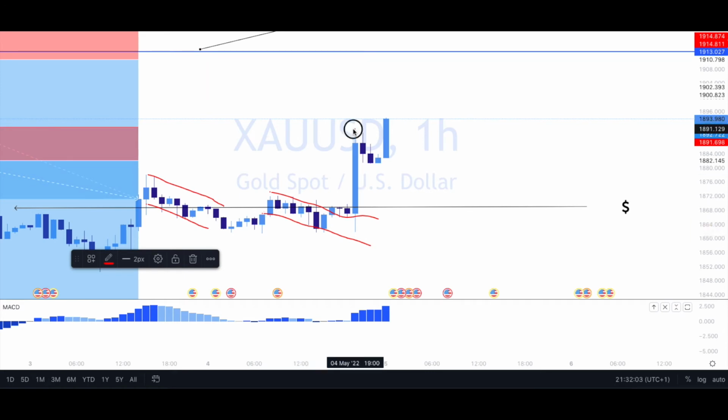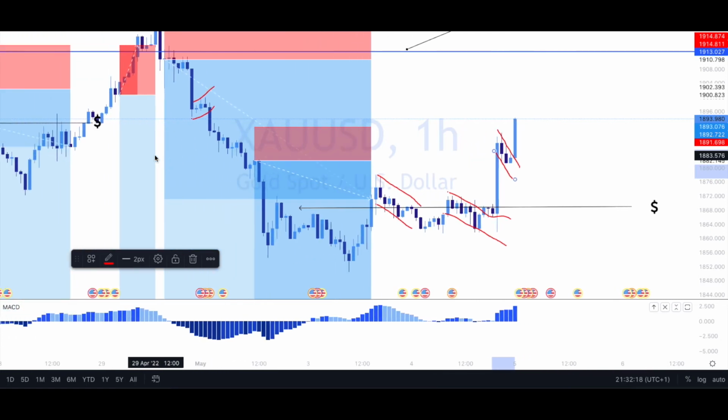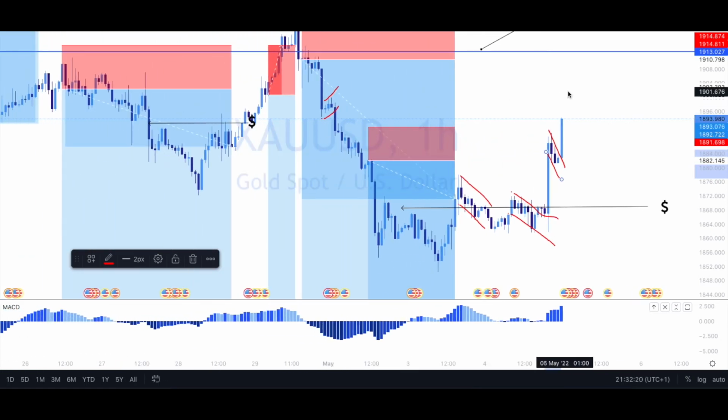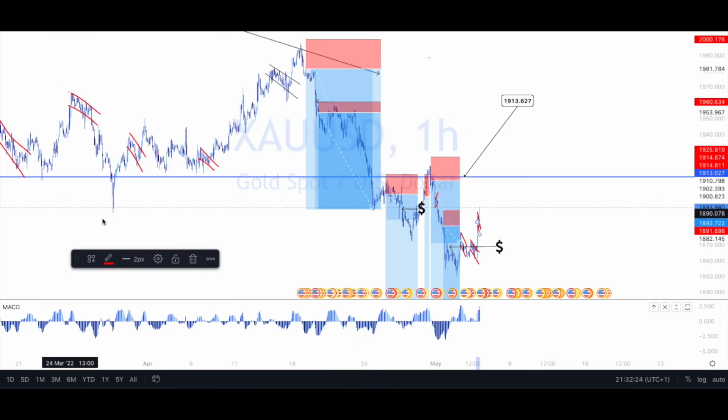You'll be alright in any market, I'm telling you. If you can get your head around gold and silver, you'll be okay in any market. So consolidation, break to the upside, consolidation, break to the upside. I could take these trades, but because of where the overall structure is, I know I'm only looking for downers, not uppers, only downers. I was going to go into a daily to explain why,